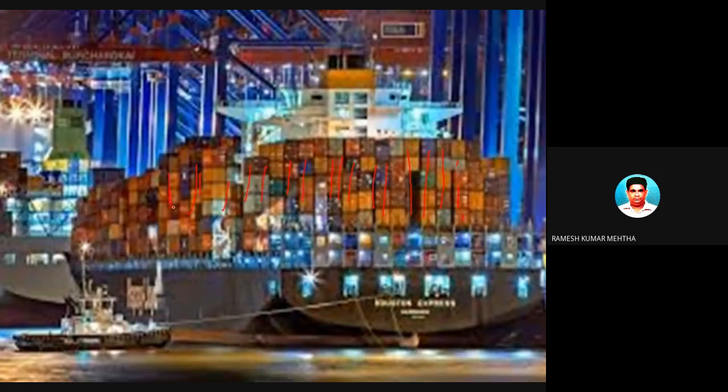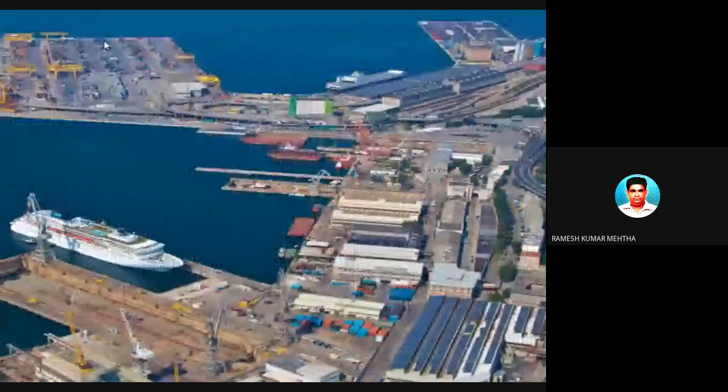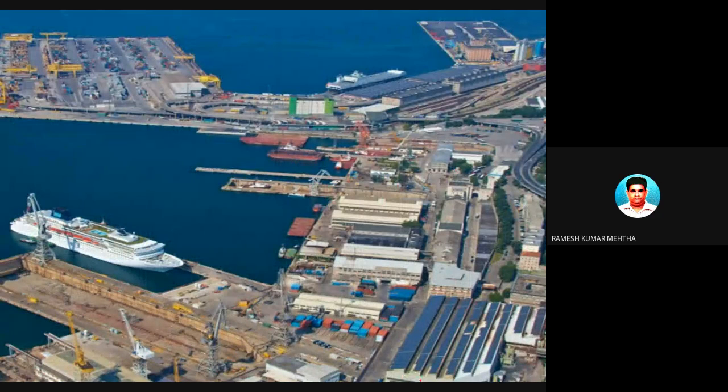Such a beautiful sight. You should take your time out and visit a port, and you will get a huge amount of knowledge, which will be a practical, pragmatic one. Look at the infrastructure. If you go to an airport also, you will find such a beautiful infrastructure. In a similar fashion, when you are going to a water port, you will find a similar kind of infrastructure, and the infrastructure is built near to the water. This is the ship.